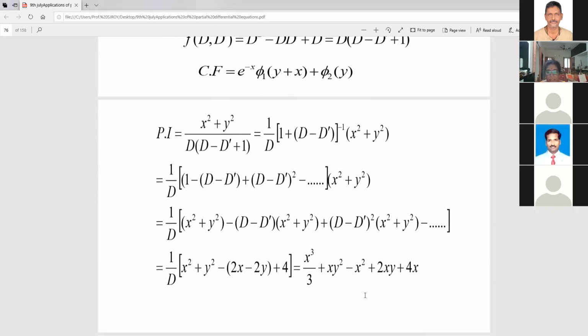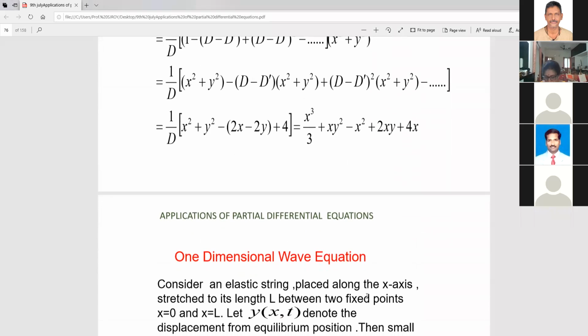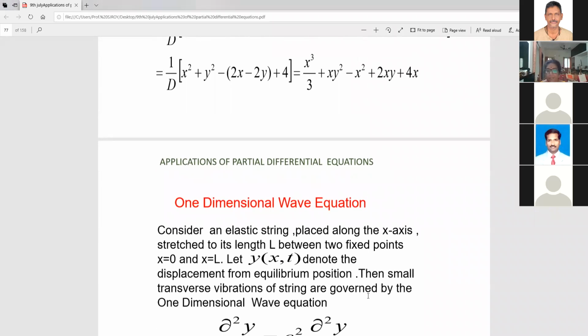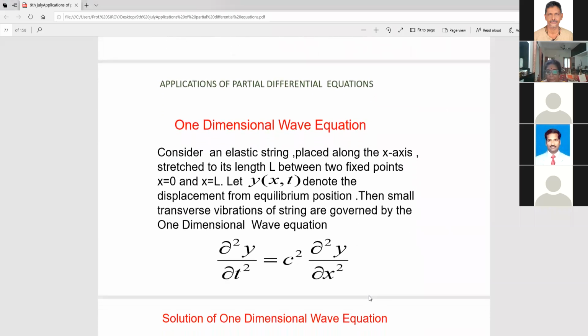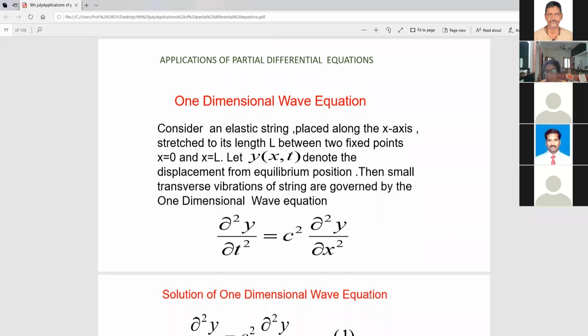Let me go to the applications of partial differential equations. We have second order partial differential equations here in this application part, of course. Here basically we categorize them into three equations: elliptic equation, parabolic equation, and another one, hyperbolic equation. These three equations will come now, and everything will come into the picture. We'll be having solutions for these. These all come under applications of PDE. Of course, it is a very huge topic that we can have in any field.